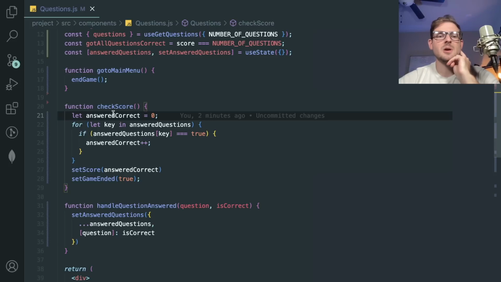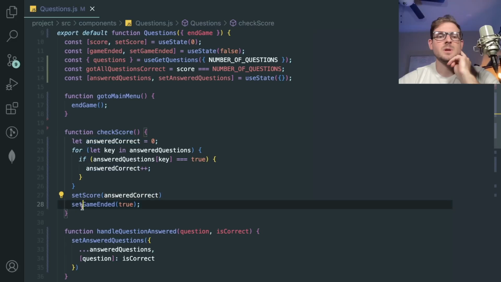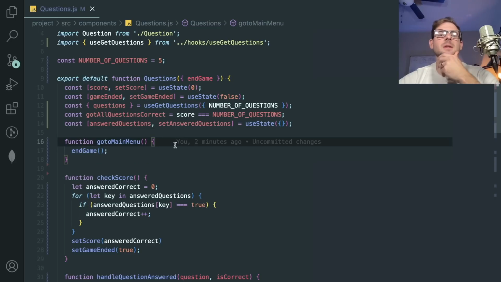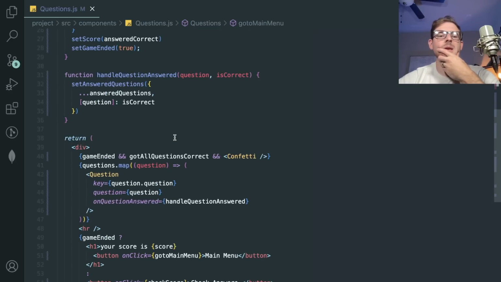But once you calculated the score by summing it up using a normal for loop, we just keep track of the score and then we end the game. And then when you go to main menu, this is going to call a function that's going to cause this entire component to unmount and clean up. And then our questions,